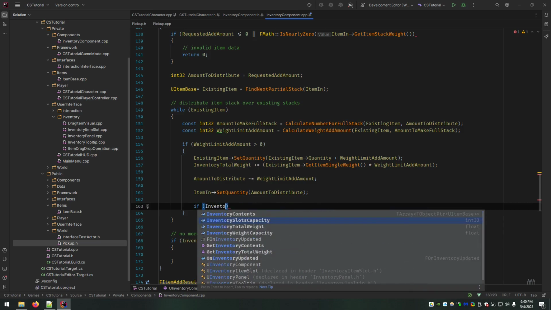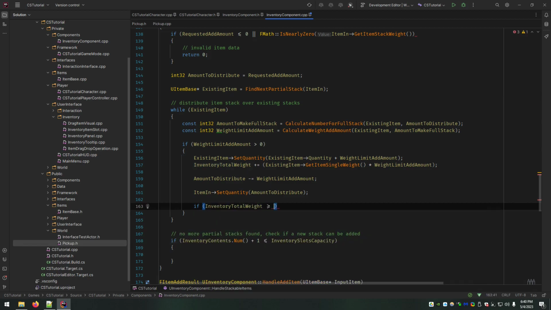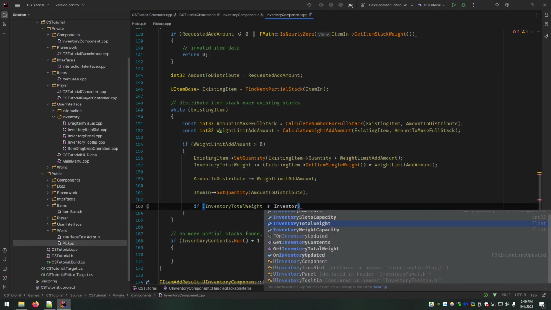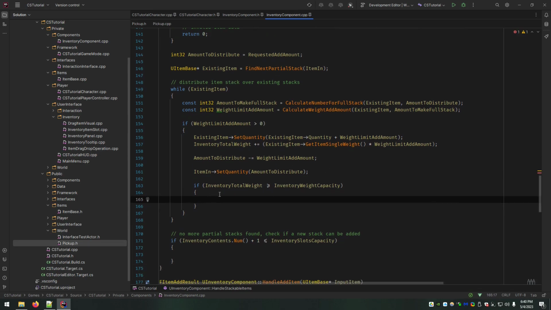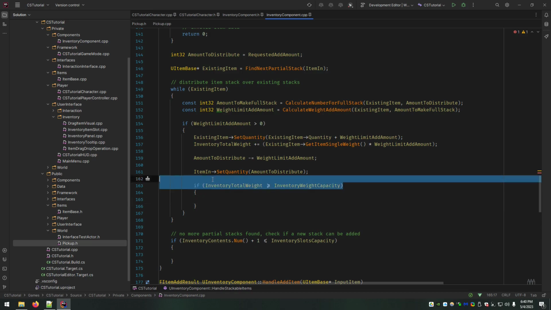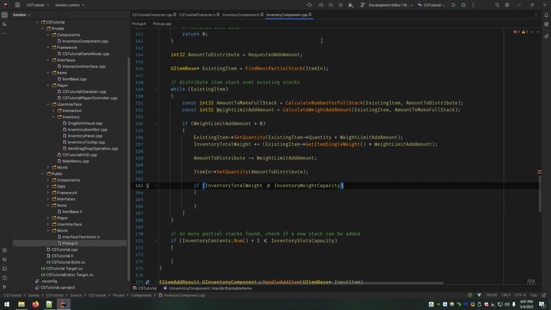So the last thing to do in this if statement is we want to check the inventory total weight and say, is it greater than or equal to our capacity? And if it is, there's no need to keep running the loop, because obviously now we're close to weight capacity. I'm going to put a to-do here, because with all the other guards we've put in, you should not be able to ever have this be greater than.